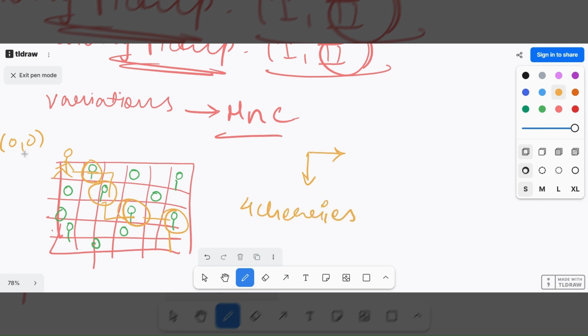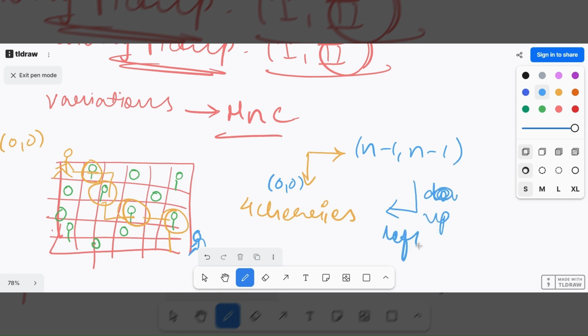Now this same person has reached this last cell, and let this be of the blue color now. So now the person has reached from here to here following this yellow path. Now the person has to go back from this last cell again to the 0 0 cell. So from n minus 1, n minus 1, he has to go back by going up or left. So either he can go up or he can go left, because he has to go from here to here now. And he can again pick the cherries. And you have to maximize the number of cherries which he can pick.